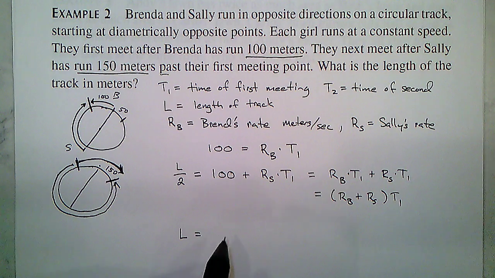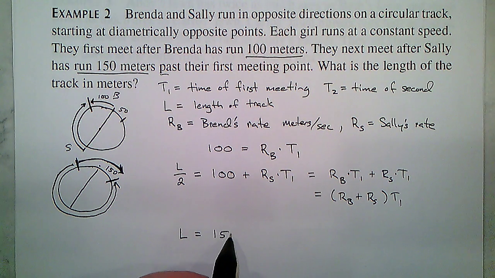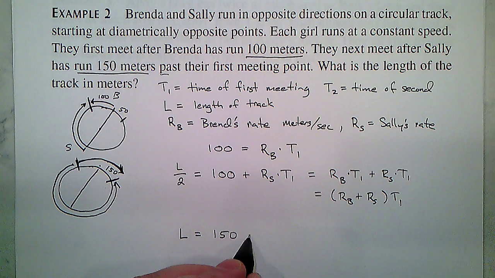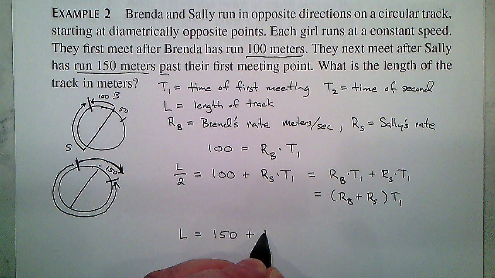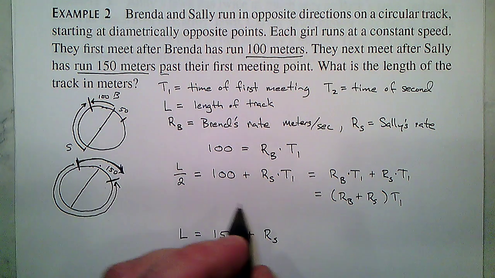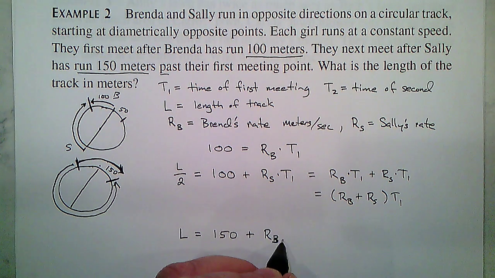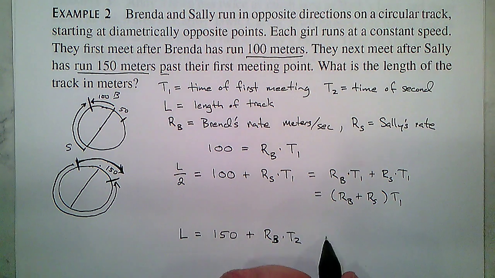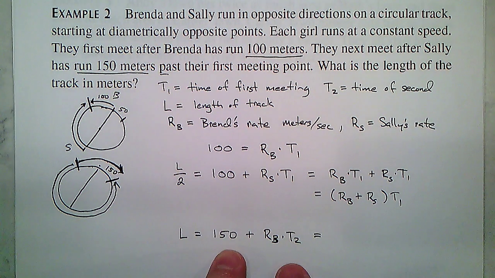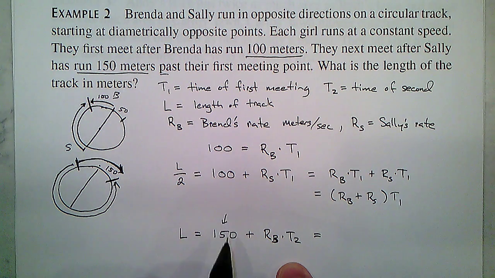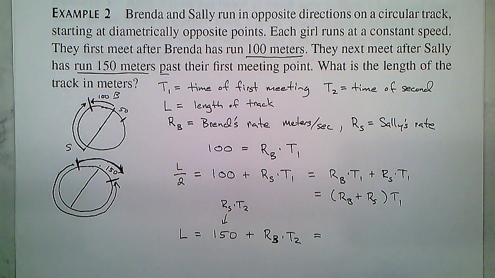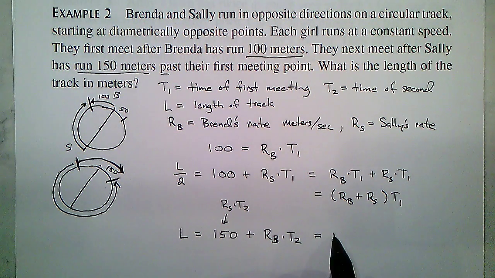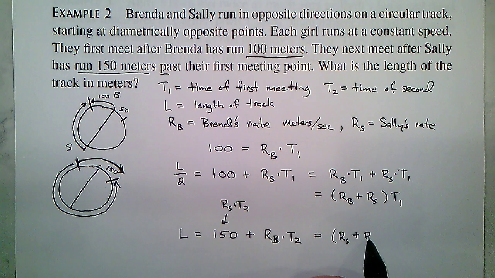All right, so now we have the 150 that she goes, plus the rate, so that 150 is Sally. Oops, so this is Brenda's rate times T2. But notice that this 150 here, what was that? That was Sally's rate times T2. That's the time that she goes around like that. All right, so notice I've got something similar here. I've got Sally's rate plus Brenda's rate